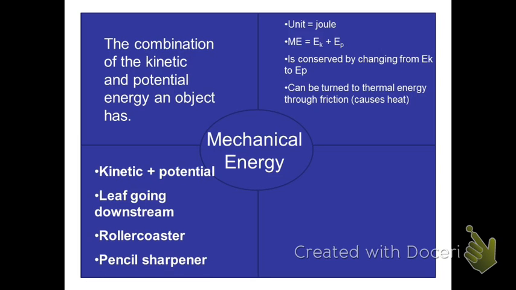Another example of something with mechanical energy is a pencil sharpener. Some non-examples: light and heat. These are different forms of energy, not mechanical. When you are finished,